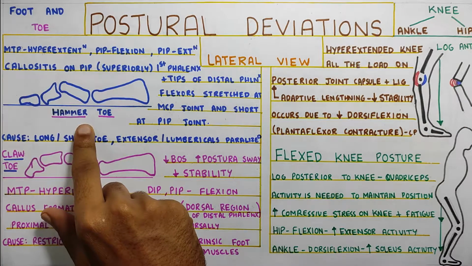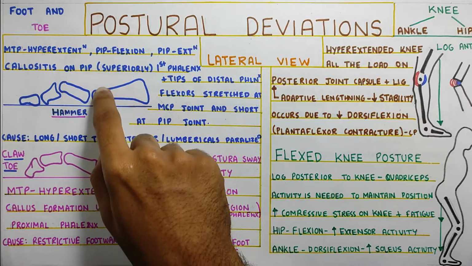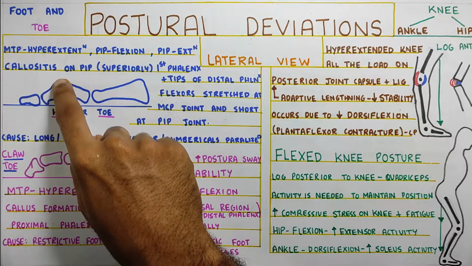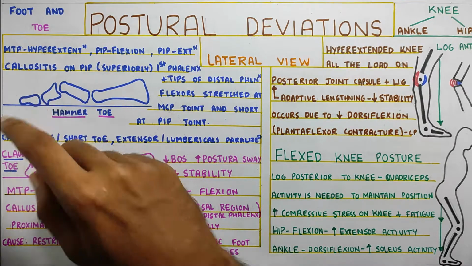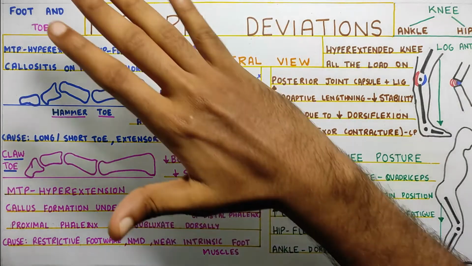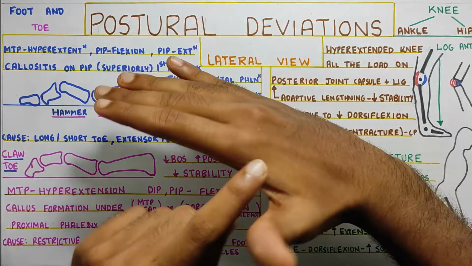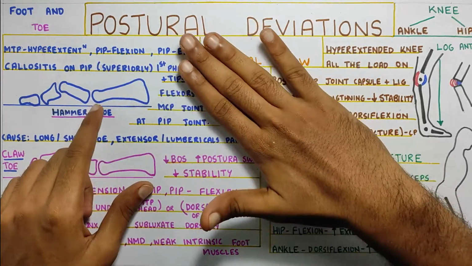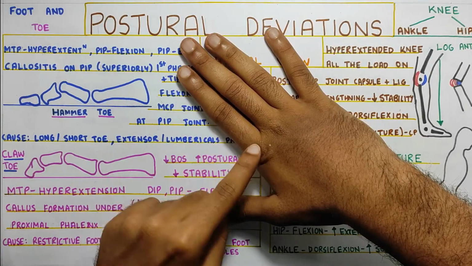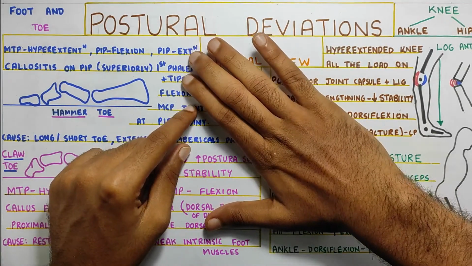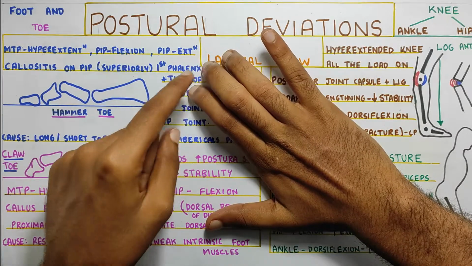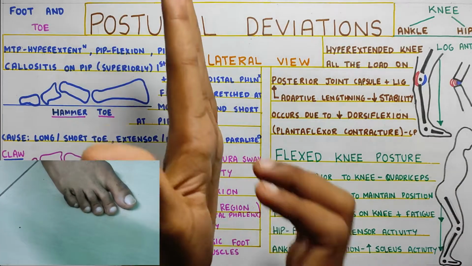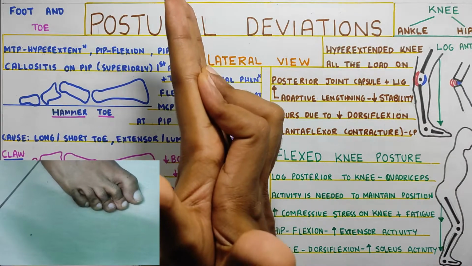Again, I'm not going to cover all the deformities but the major ones. So first is the hammer toe. In hammer toe, your metatarsophalangeal joint goes for hyperextension, your proximal interphalangeal joint goes for flexion, and then the distal interphalangeal joint goes for extension again. If you look at my hand as a foot, basically this will be your metatarsal, over here it is metacarpal, so it will be in extension, metatarsophalangeal. Then at the PIP joint there will be flexion, and then a DIP extension. So this is how your foot is going to look on the ground.